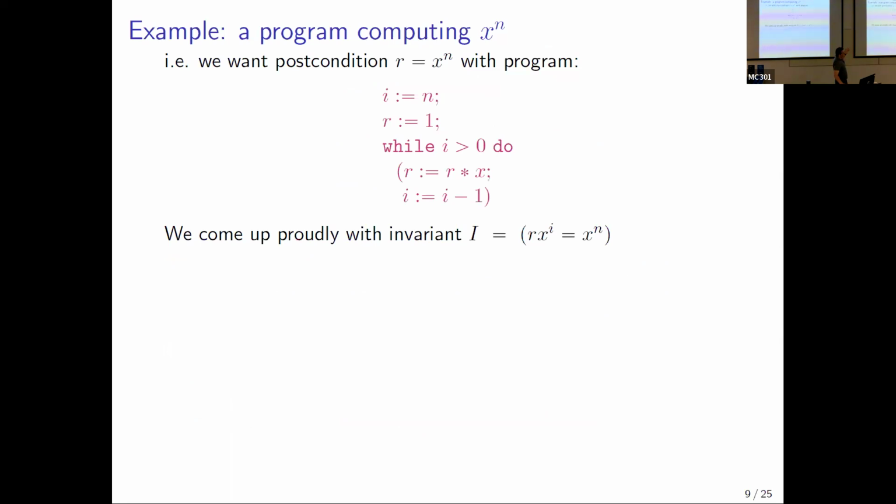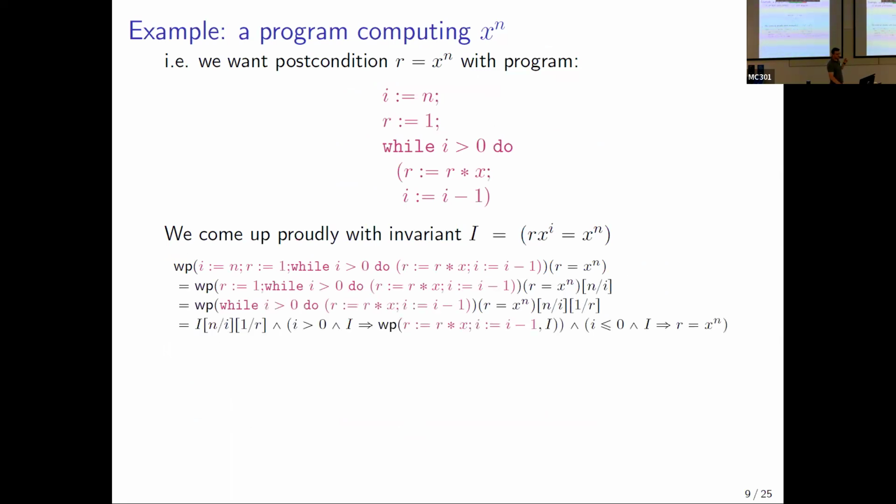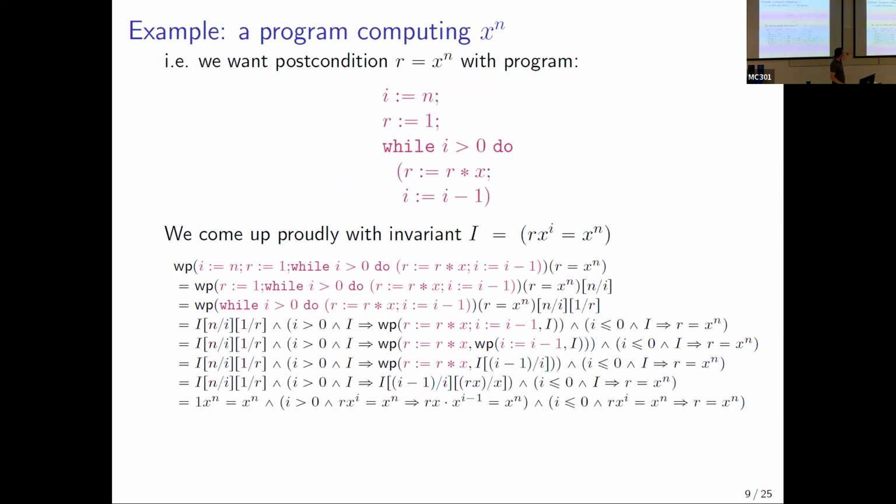So the idea is that when you have a big program, you think really hard to find an invariant. This one looks fine. You run your WP, and then the program is in purple, if you can see it. When you unfold the definitions, you get a bigger and bigger formula. And at the end, you get something like this. So it's just unfolding the definition. And then you get something that is in fact false because you didn't think hard enough. And so in fact, what you're missing is,